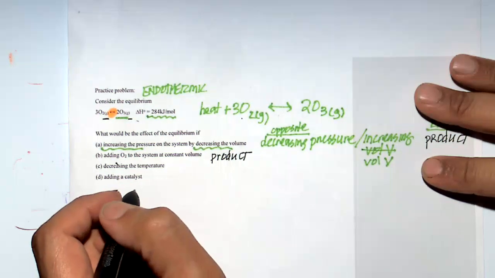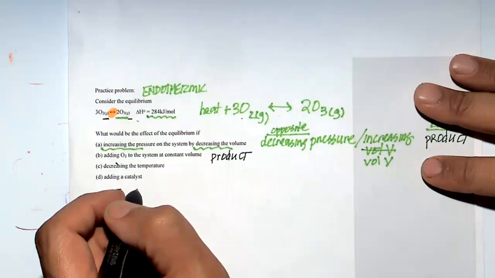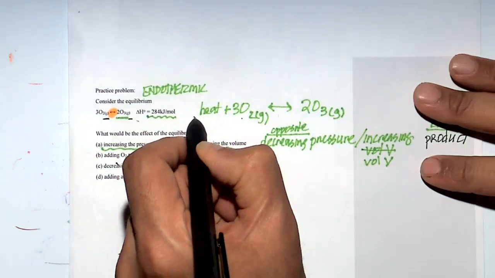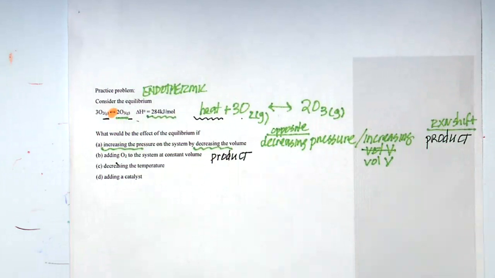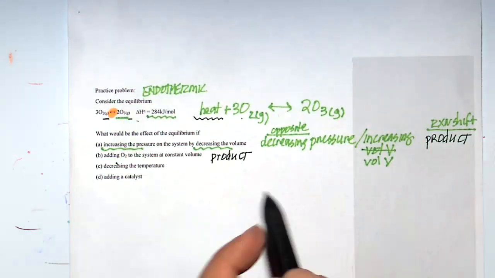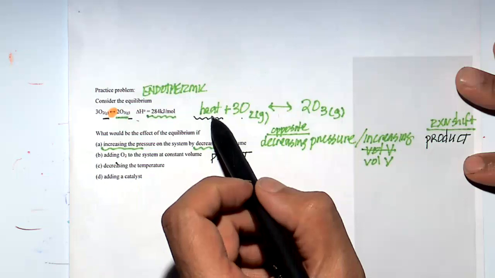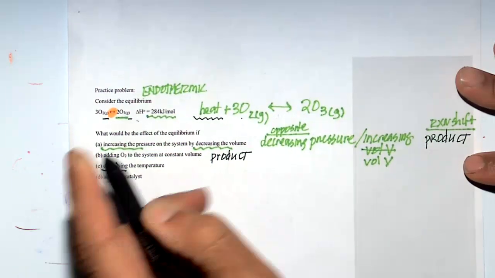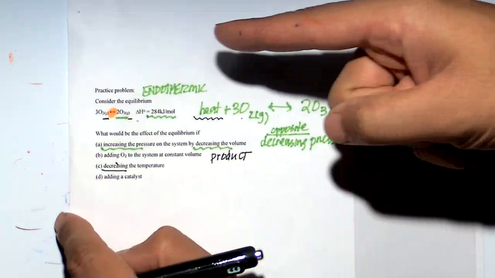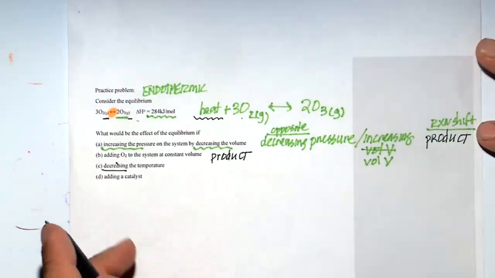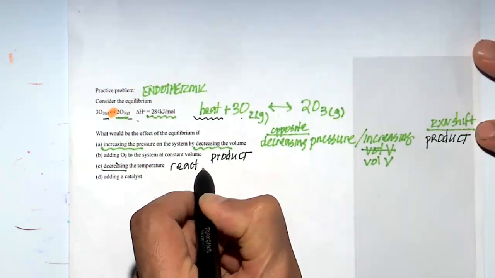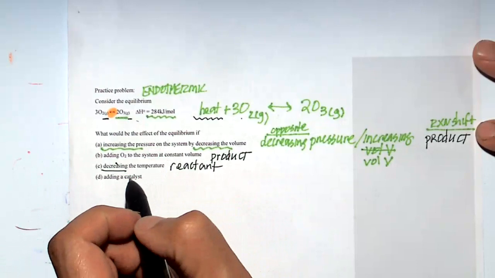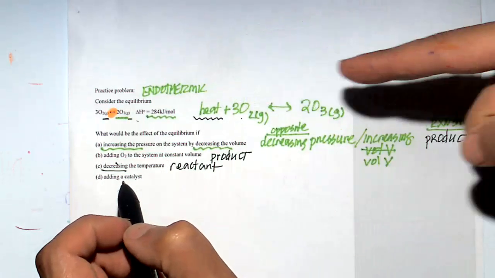All right, decreasing temperature. What will that do to this reaction? Remember it's endothermic now because it's positive delta H. Reactant side is the right answer. If you decrease the temperature, you remove heat. You're removing this guy, so the reaction will go to generate more heat, so it's the reactant side. Very good. By virtue of this being an endothermic reaction, this is shifting to the reactant side.